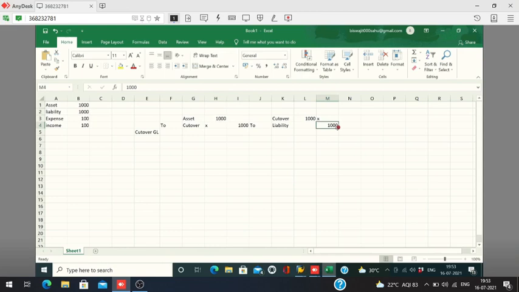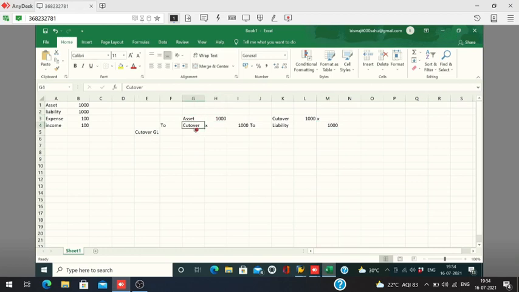At the end of your cutover process, your cutover clearing GL account should be 0. Then only your trial balance will match. It's a clearing account only, like that expense payable account. Because you don't have any other option, you have to post it to SAP. Then how can you do that?